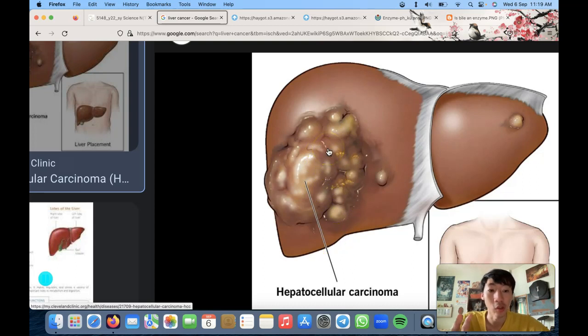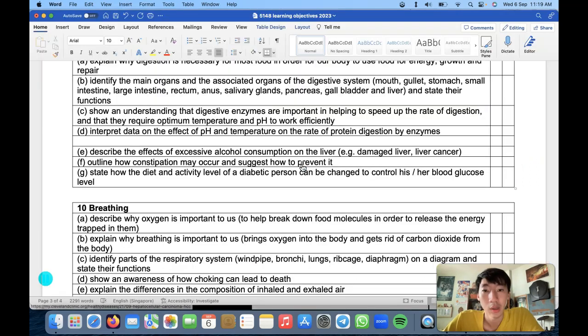Cancer is very dangerous because it can spread, not just in our liver. See all these bumps, these lumps staying in the liver, but after some time it actually moves around. From the liver, it can go to your stomach, and from your stomach, it can go to your lungs. It just moves around your whole body. That's why they do chemotherapy, pumping chemicals into your body to try and kill the cells, but it's very painful and very damaging to your body also. So don't drink too much alcohol. Everything you do, do it in moderation. Whatever you do in life, just do it in moderation.